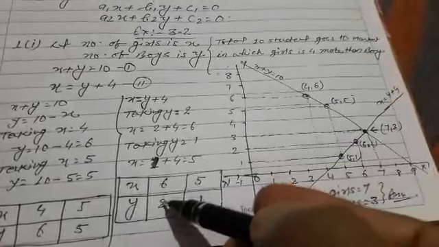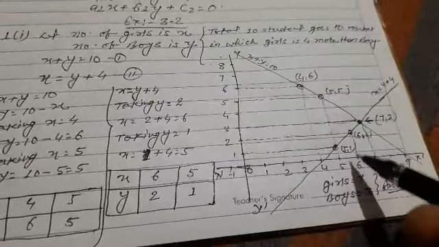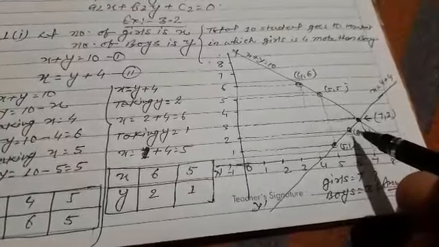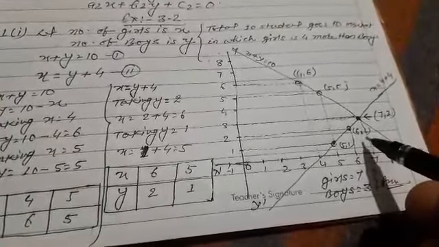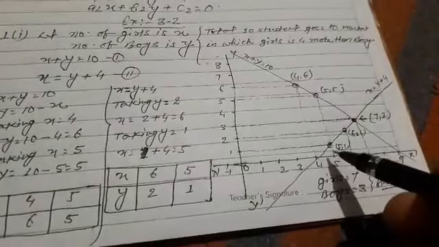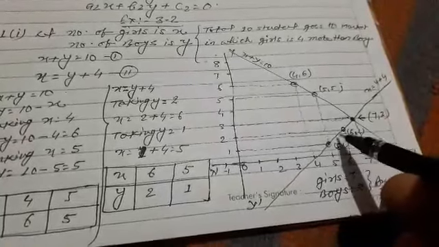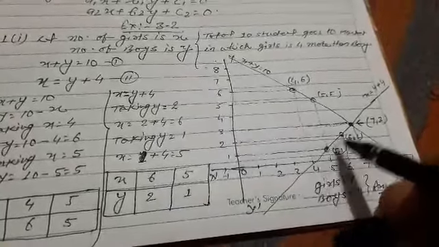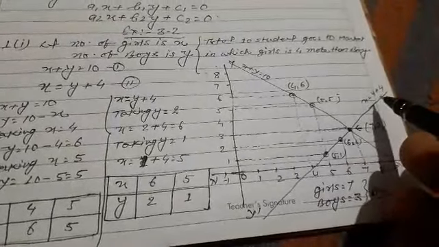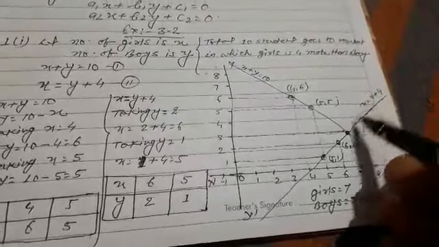Now the second one, x equal to 6, y equal to 2. So here is 6 and here is y equal to 2. From these 2 points we draw a line which meets each other at this point. So coordinates of this point are 6 2 and 5 1. So here is 5 and here is 1. So we get these 2 points. So using a scale we again join these 2 points and draw a long line, and at one end of the line we write the equation that represents this line.